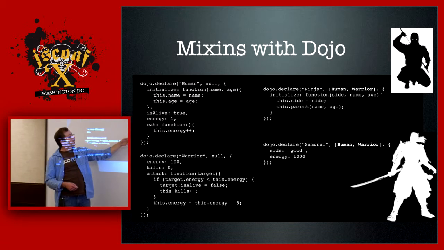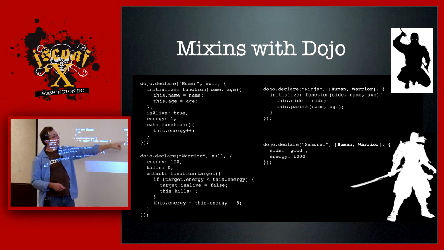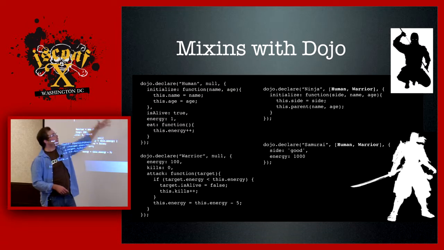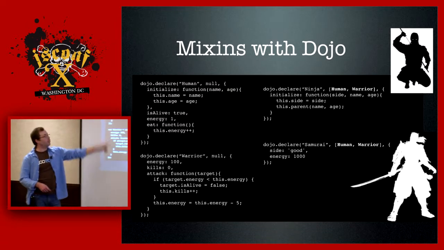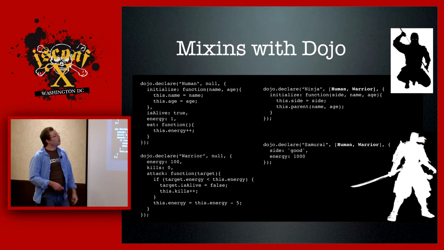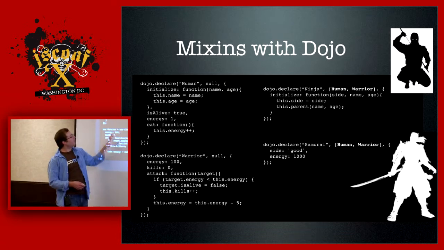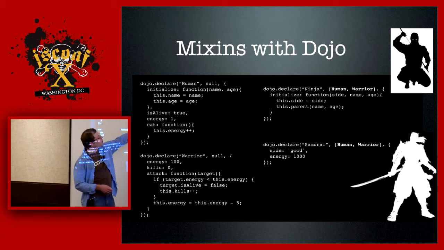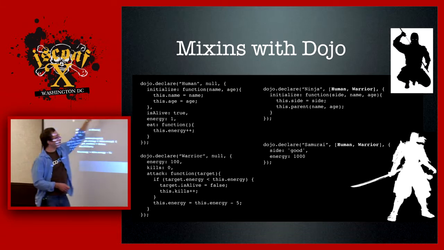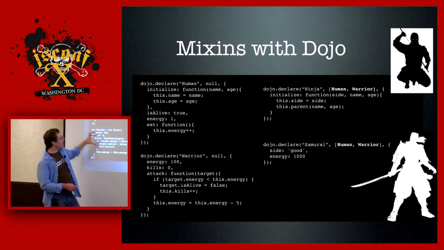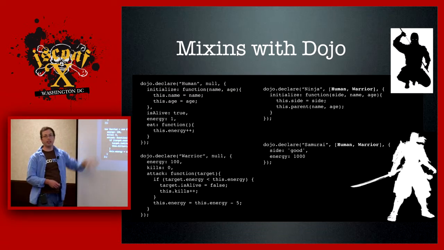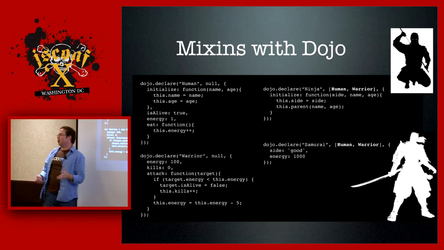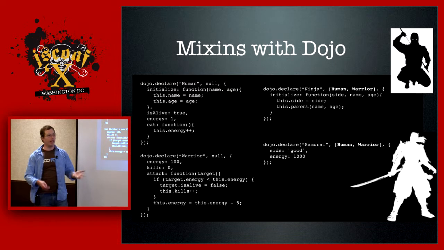And then we have a samurai class, and it doesn't even have a method because its side is always good because they're samurais. And its energy is 1,000, whereas ninjas, it starts out at 100 unless you declare something else. Anyway, the point is that this mix-in functionality gives you still have this inheritance property going on. So both of these guys are humans. They're an is-a, right? But they have a has-a relationship to this warrior concept. Now this is all abstract. It's not really talking about like the actual DOM, like what you would do if you were developing something for an actual website.